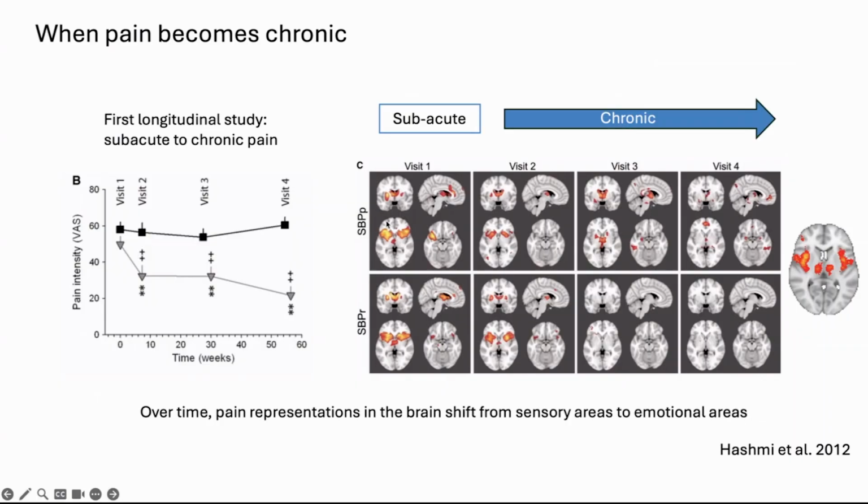However, in the patients that actually persist in their pain, what you see is that in the first visit, their pain maps to these sensory areas that, again, we already established are related to normal acute painful stimuli. But then as time evolves, you will see that the brain areas being recruited to represent this pain are mostly these affective and motivational brain areas that code the affective aspects of pain. So in other words, what this study is showing is that as patients develop chronic pain, there are a bunch of plastic changes happening in the brain that will heighten this affective pain experience over time.